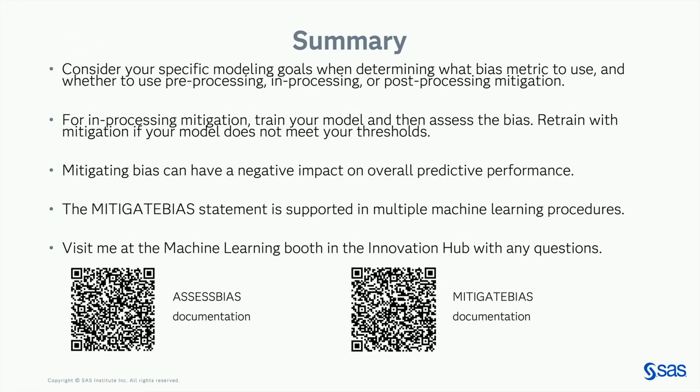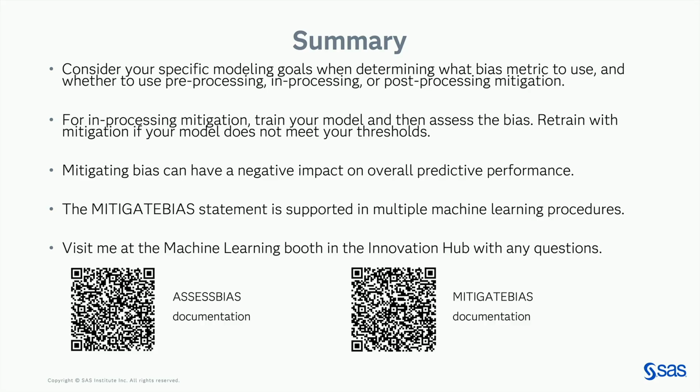So in summary, it's important that you consider your specific modeling goals when you select that bias metric. Selecting different metrics have a very different meaning in what you're asking the model to do when you reduce bias, so that's important. When you go to mitigate bias, if you're doing the in-process type mitigation, you really should train a model first and look at it because maybe it's already meeting your criteria, right? If you're thinking about the 4/5 rule in the federal employment, if you don't have less than that 4/5 hiring rate, you might not need to do anything. So first check, assess your model, and then go back and mitigate if you need to.